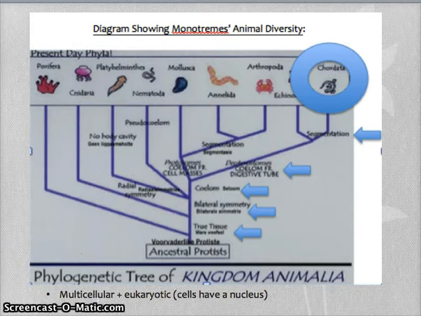Monotremes fall under the Chordata phylum, since they are all mammals and have the following characteristics: an ancestral protist with true tissue, bilateral symmetry, coelom in digestive tube, and segmentation. Chordata is multicellular and a eukaryotic cell, which means that it has a nucleus. The further right to the top of the cladogram you go, the longer it has taken to develop over millions